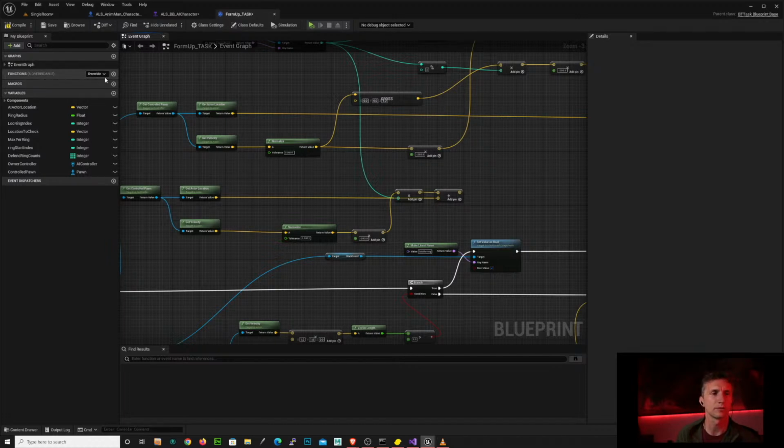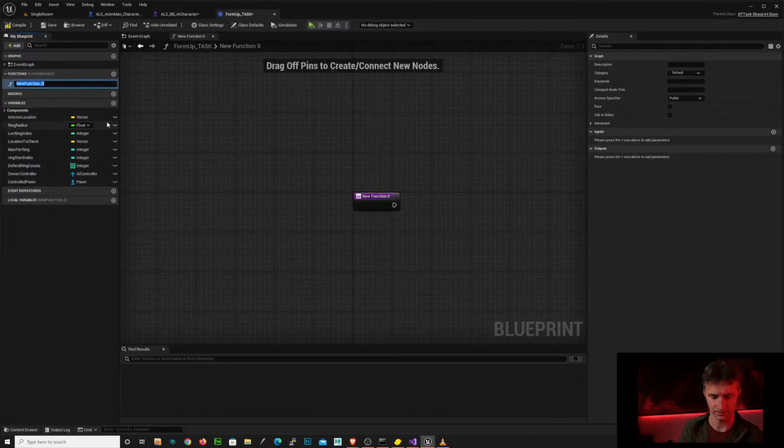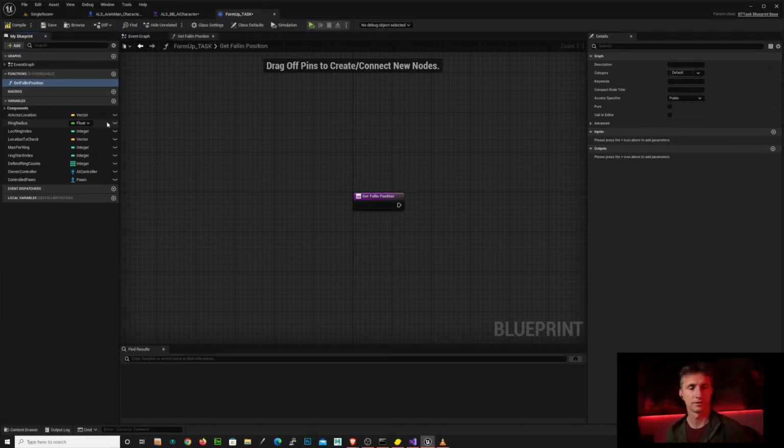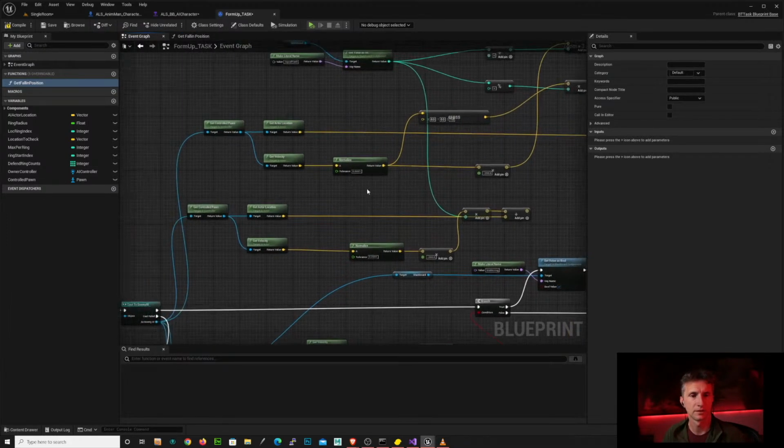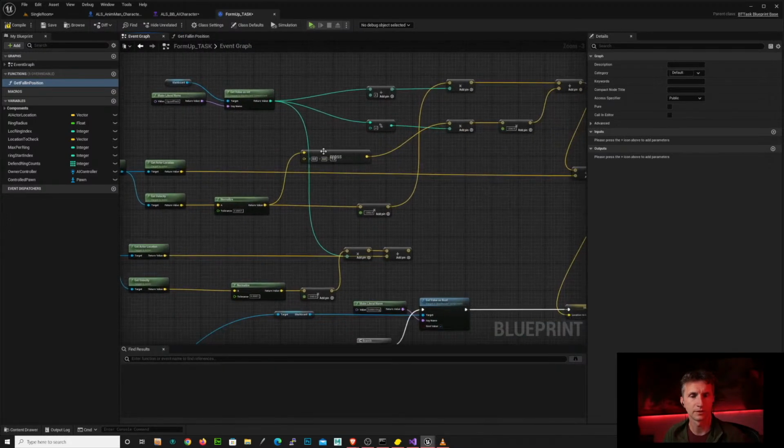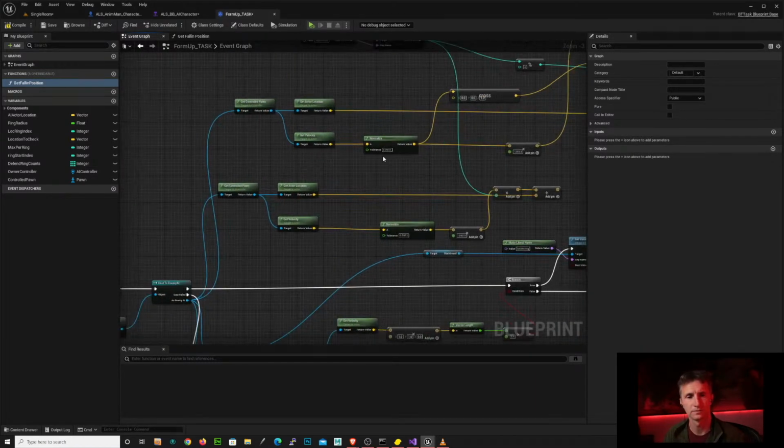Where are we? We're in form up. Yeah, we can write it in here. Let's get Boolean position. Okay, and it is going to take as an input a position and a vector, which are both technically vectors,